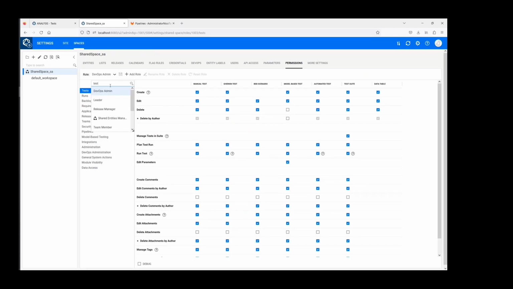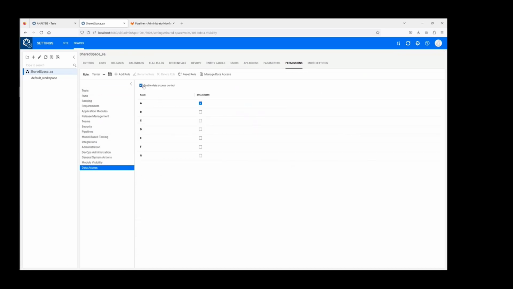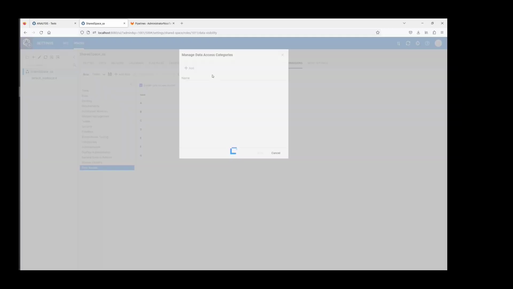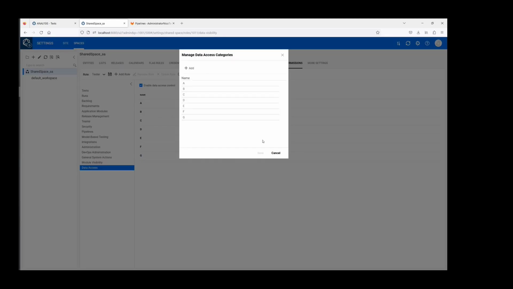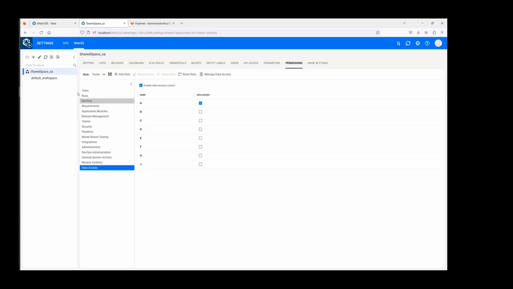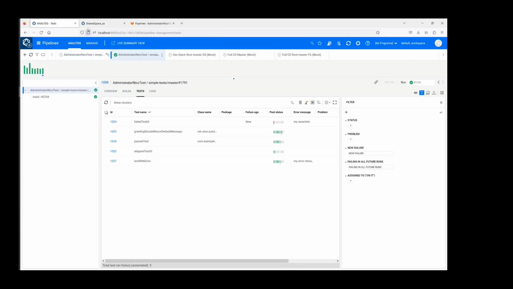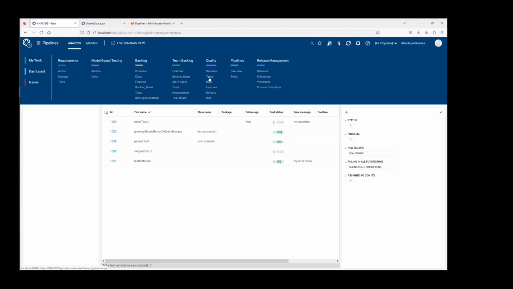Again, I select the tester role, go to the data access, and enable the data access control. I grant only category A to be visible for this role. By the way, I can manage categories as well. I can add, for example, another one here. Save the role, return to the tests